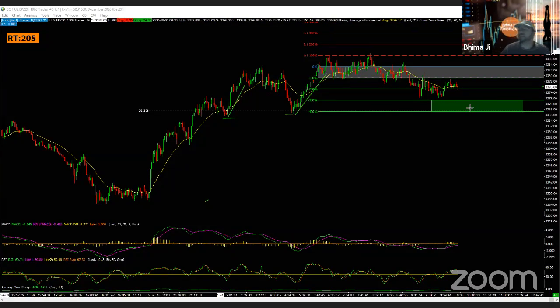So that is our setup for this morning. This is what we're expecting to see or to happen. Now let's hope that the market is not going to go without us. We're going to get a proper pullback, which is going to give us a nice pattern and then a nice